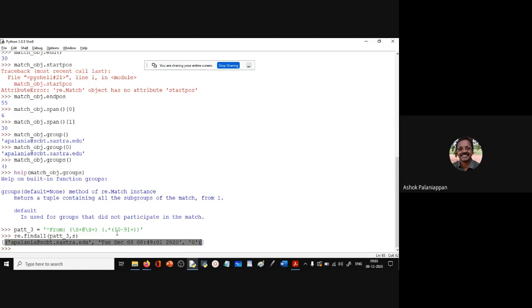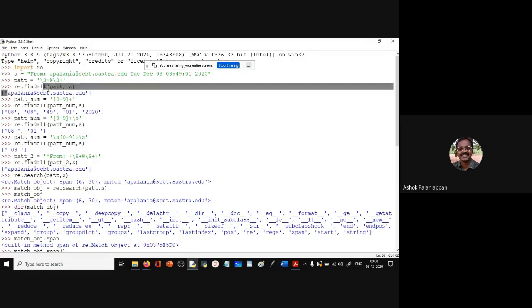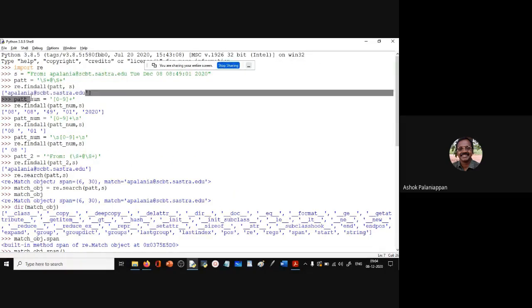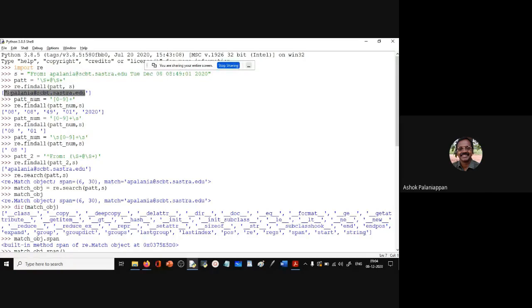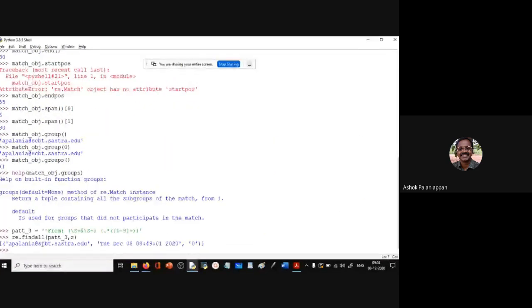For every match that is matched by findall, it returns a tuple. Here it did not return a tuple because this entire match consists of only one element, so it just puts it within the list. But usually if we have a text file and multiple matches are found, then each match of the entire pattern is given as a tuple.